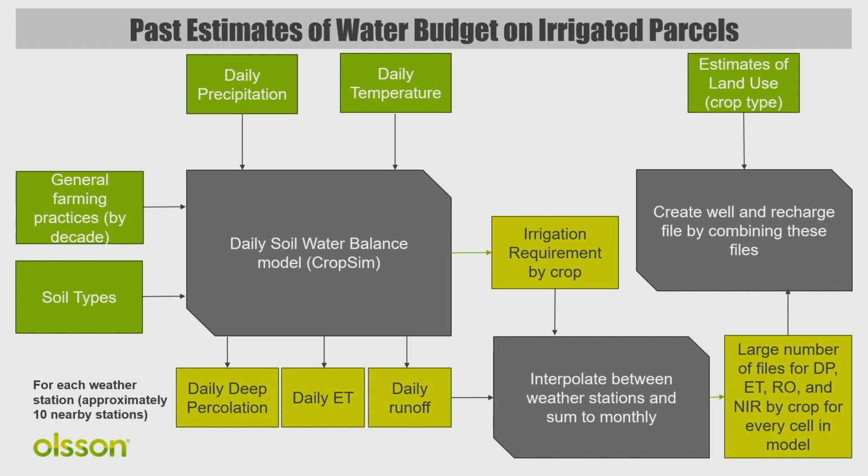So I don't want you to try to understand this or even read all of this, but the point is it's a pretty complicated process of taking weather data from weather stations that exist nearby and basically figuring out what the pumping would be for a given year at a weather station for a number of different crops that might be grown, and then interpolating that out to all of the actual parcels based on our best guess of crop type and other land use parameters, which has improved.